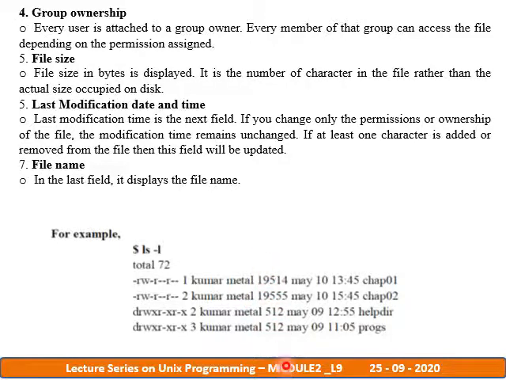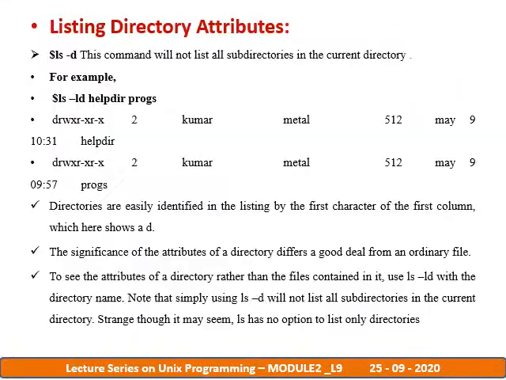Then next is file size. File size will be allocated in terms of bytes. So this is what, different bytes for different files. And then this is the last modification time. If any of the content is updated, added or deleted, when it has been updated, with what time, depending upon the system time when it is updated. So all these things will be stored under this sixth attribute. And the last one is about file name. In this it is going to just display the file name, what type of file name it has. So this is all about the total 7 attributes of the file.